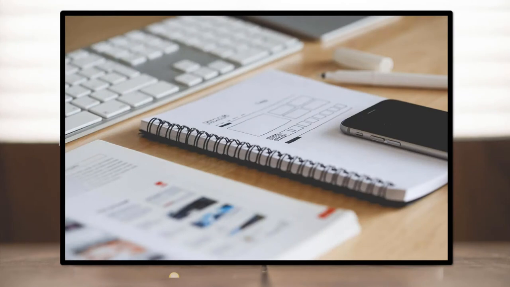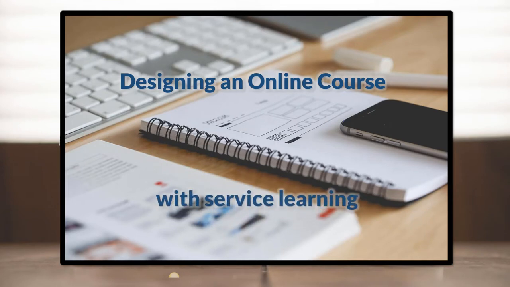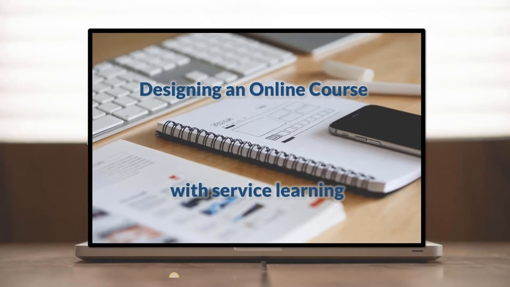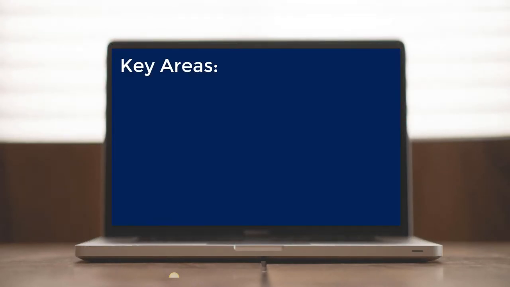Designing your course for distance delivery can be challenging. It can be even more challenging to design that course with service learning or a project for your students to complete with a community partner. To design a distance course with civic engagement elements, you'll need to consider the following key areas in your design: